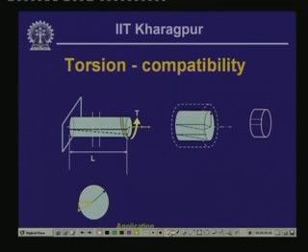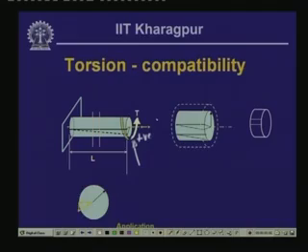If you remember, this is the bar having a circular cross section, a solid circular bar, which is subjected to a twisting moment T. We defined this as a positive twisting moment because it acts in an anticlockwise form, and the thumb projects towards the positive x axis. Now, when this twisting moment acts on this bar,